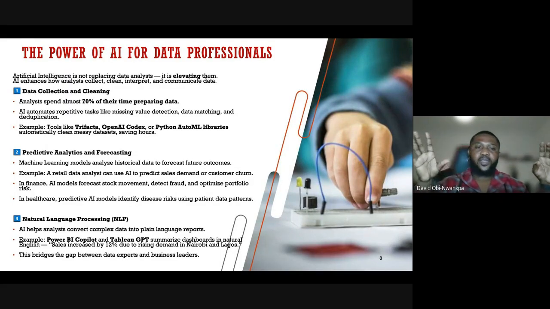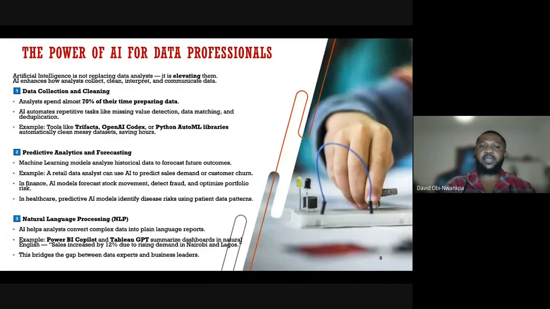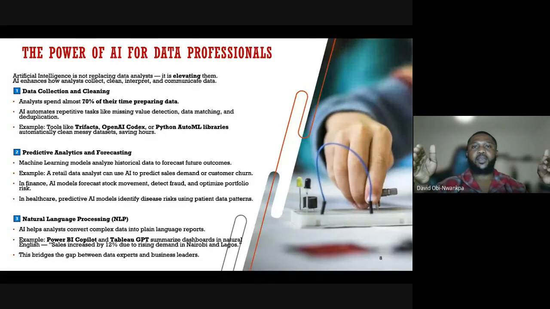So I've made mention of examples of tools that can help, as well as predictive analysis and forecasting. When you're trying to predict, descriptive and predictive are different. Descriptive is you describing something, like the how, and predictive is like the when. As I said earlier, I like to break things down to the smallest crumb, just so anyone can understand. The predictive analysis and forecasting aspect has to do with machine learning models analyzing historic data to forecast future outcomes.